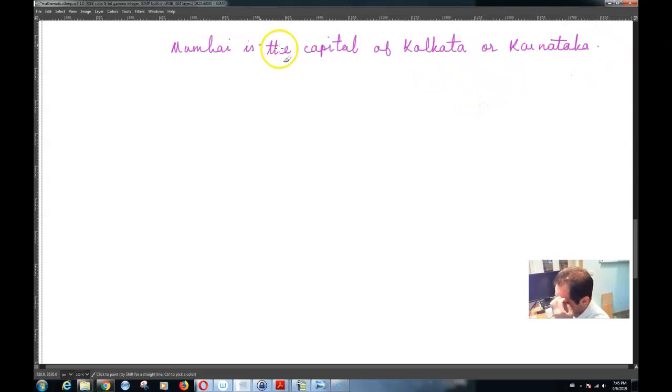In case you don't know anything about Mumbai and Kolkata and Karnataka, it doesn't matter. If you call this P, and the component statements related to this compound statement Q and R,